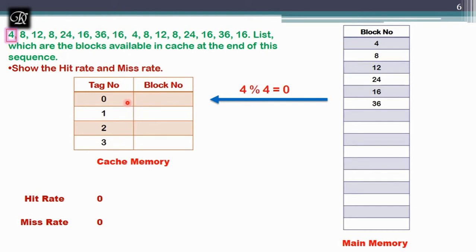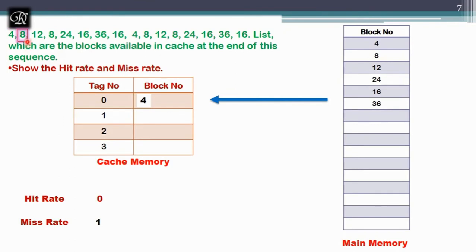Take 4 modulus 4, the answer will be 0, and that decides where that block should reside. So block number 4 is residing on line number 0.